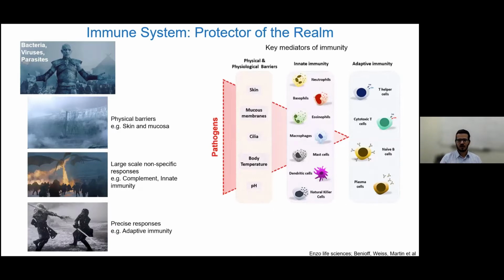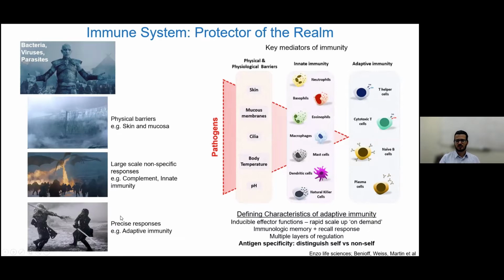So together, through these 3 different barriers to protect us against threats, the immune system deals with a large number of challenges. And our work in particular, and that's the topic of today's webinar, focuses on the adaptive immune system. Some of the defining characteristics of the adaptive immune system, as opposed to the innate immune system, are that it can respond in a targeted manner, but also in an inducible manner, where it can rapidly scale up a response to a particular challenge. It has immunological memory, so if the immune system is faced with the same challenge again, it can respond to it quite rapidly. There are, of course, multiple layers of regulation which both help make the adaptive immune system more effective, but also